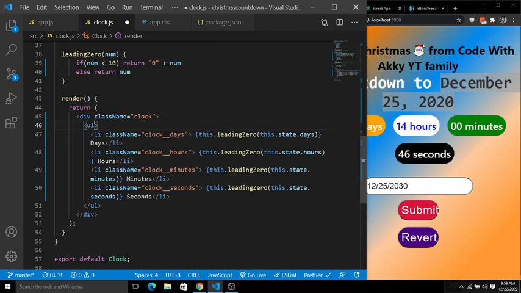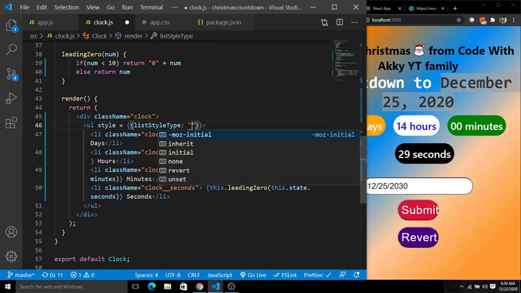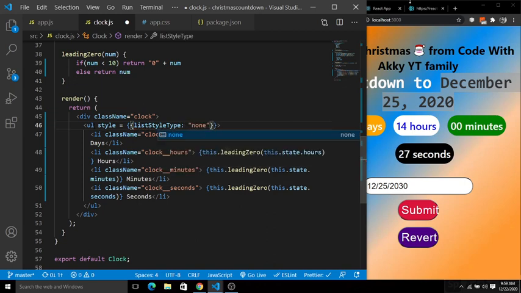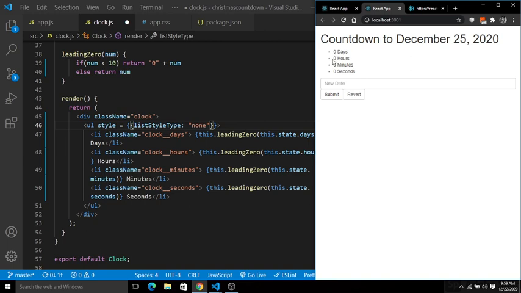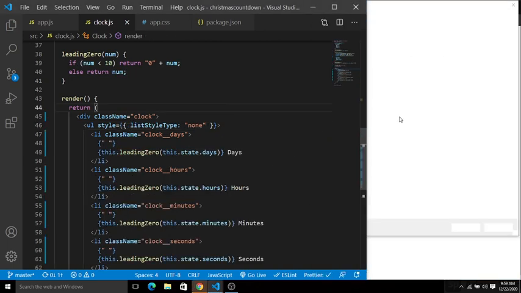I am going to give the style something like this, the JSX way of styling. So list-style-type, giving it none. So you can see the bullets will disappear from here. Now save this.